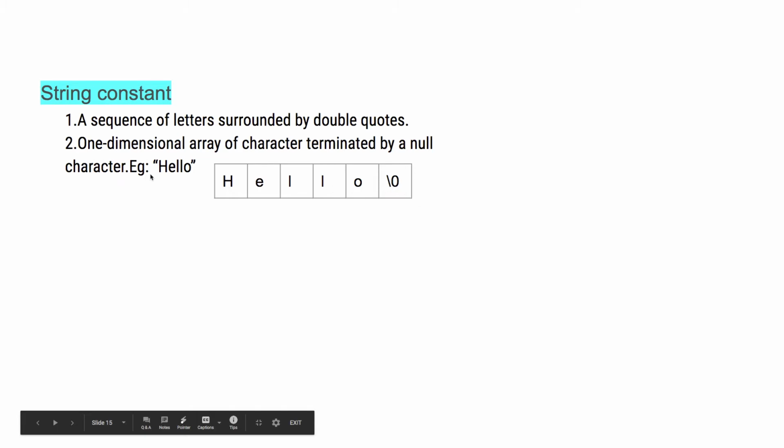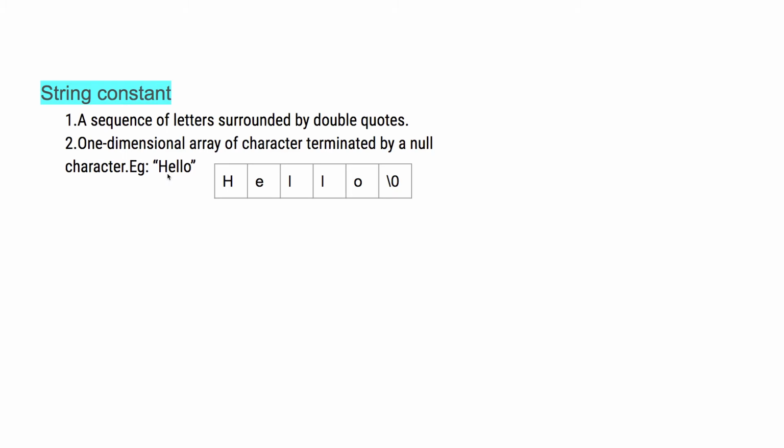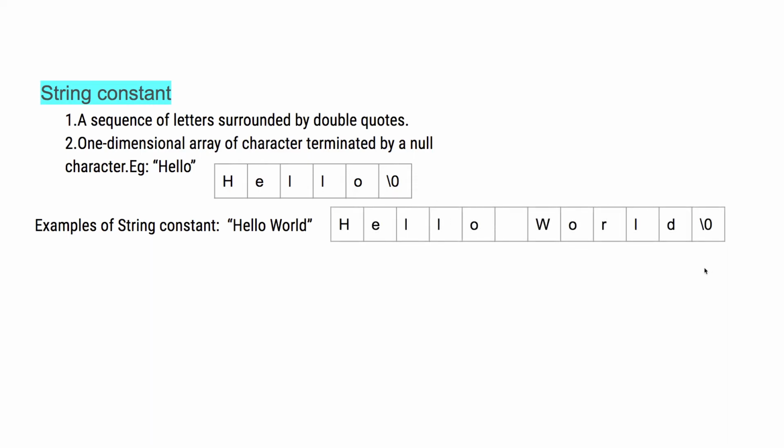Here I have an example, "hello", where HELLO is stored with a null character in memory. Second example is "hello world", which is stored in this way: hello, space, world, and a null character at the end.